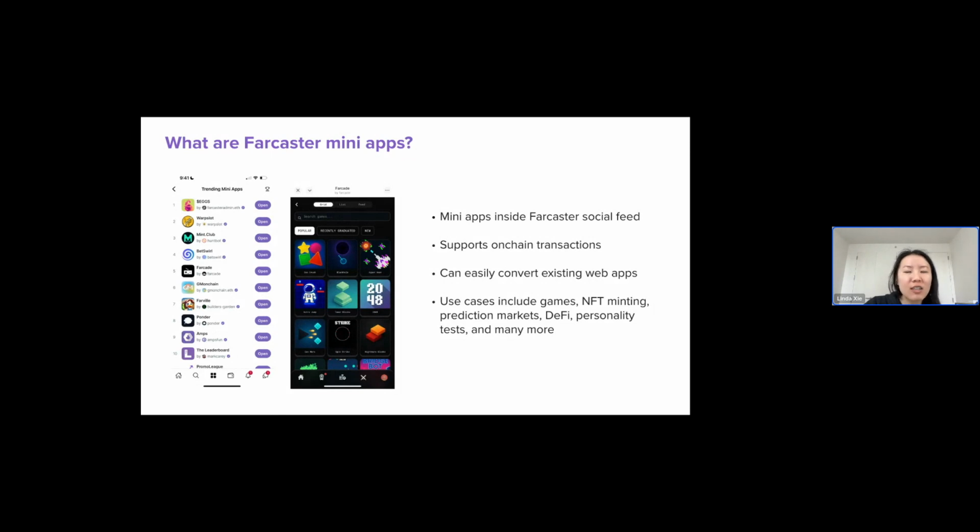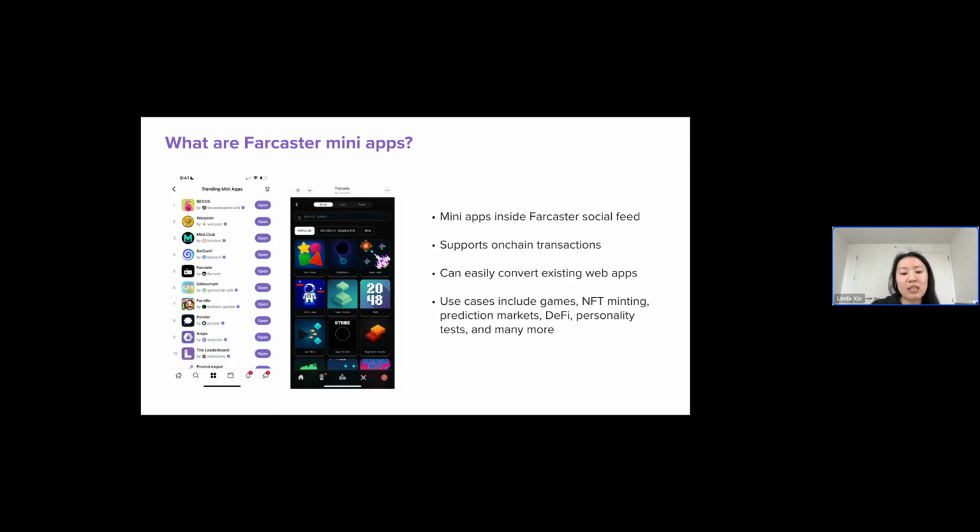You can think of it like the early days of Facebook having Farmville, where all kinds of devs can build applications on top, but in Farcaster's case, it's permissionless to build on top of. So you don't have to worry about the centralized platform pulling out from underneath you. That's really exciting to be building on top of. That's what drew me to build on Farcaster in the first place.